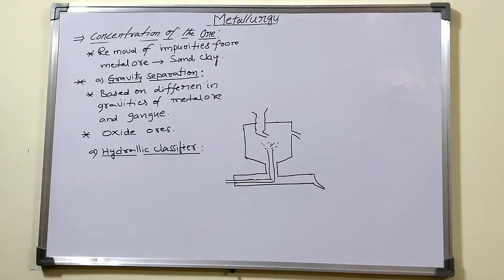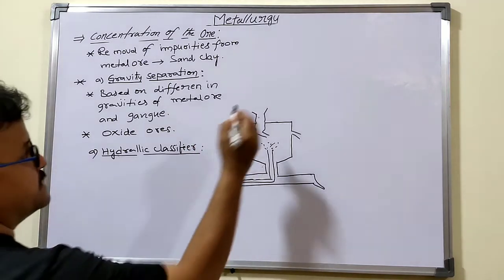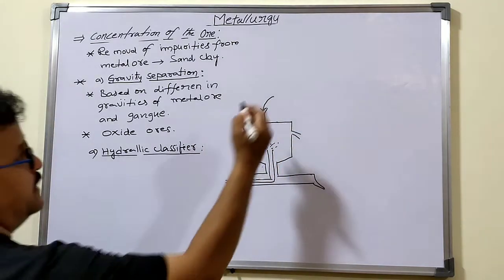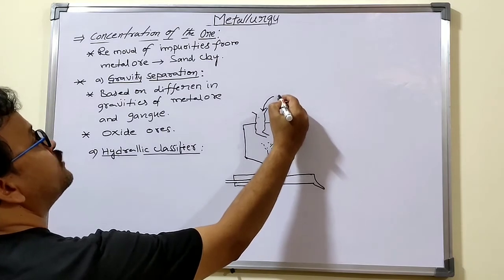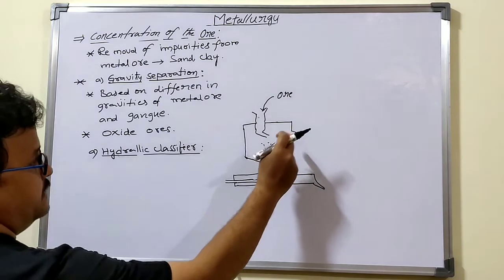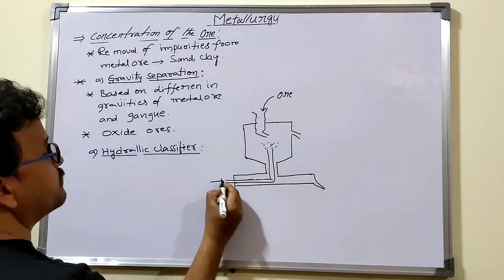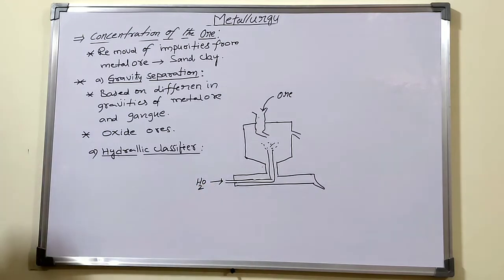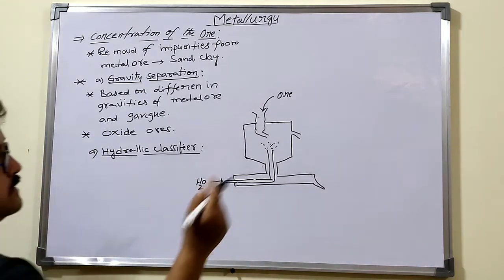And this is a hydraulic classifier. It contains a large conical reservoir with two inlets. This is the top of the reservoir, where we have one inlet through which we introduce the ore, and another inlet at the bottom of the reservoir, through which we introduce water, and two outlets, one